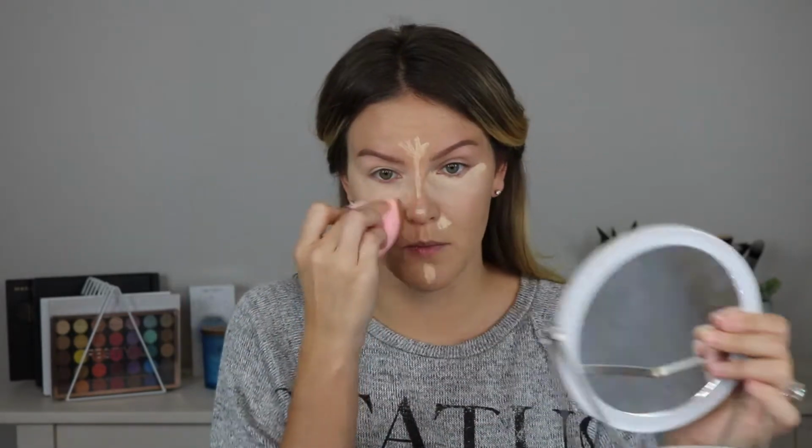I think I picked a perfect shade in this concealer and this foundation somehow. I don't know how I did it, but I did. I noticed this stuff does kind of dry a little quickly, so you could possibly do one side at a time, and then I put more on one side than the other side. Awesome. I'm gonna be blending for a minute. I'm gonna take a quick minute to...